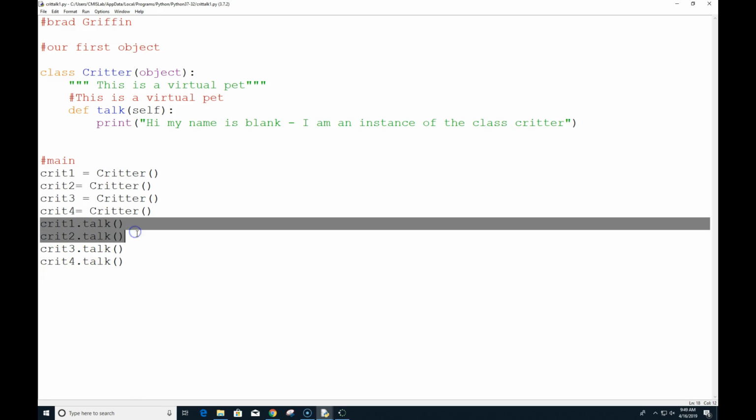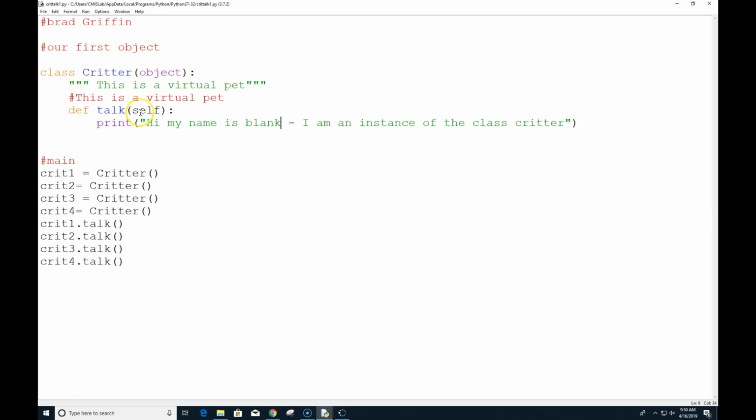Well, we can do a special type of instantiator called a constructor. At the bottom of page 222, it talks about a constructor. A constructor gives us the ability, when we create this program, for it to do something on its own. So we're going to define it a little differently.